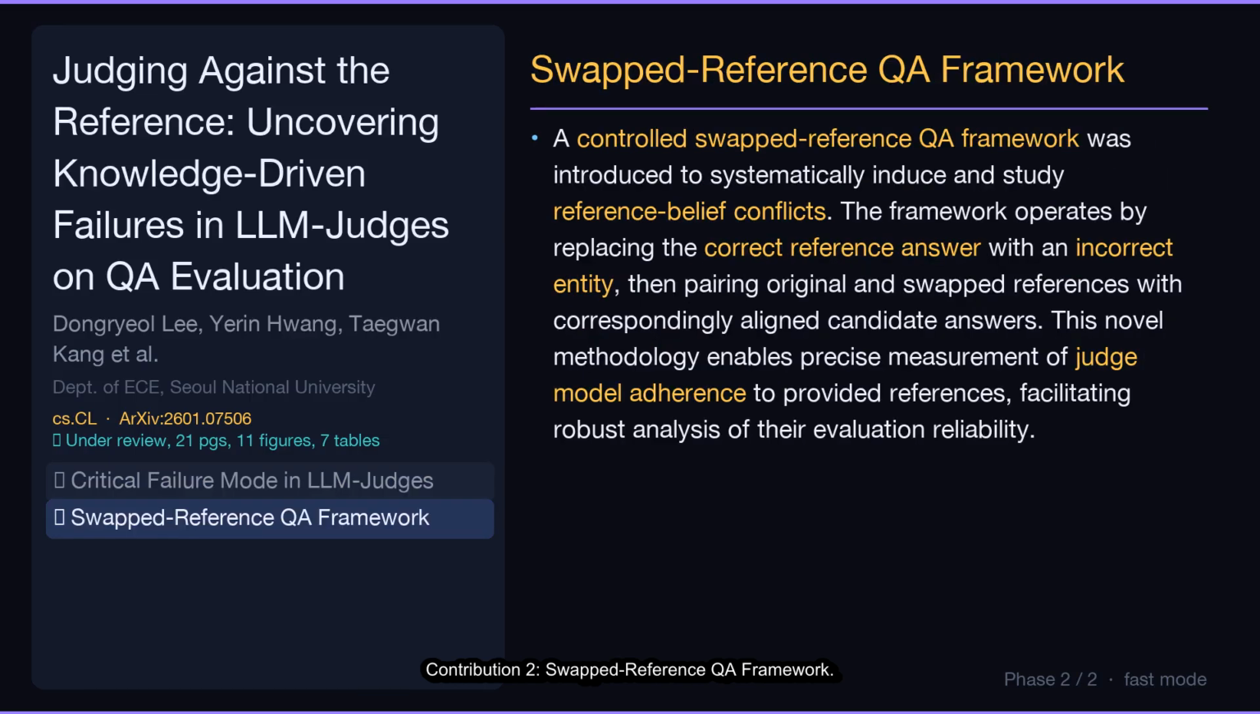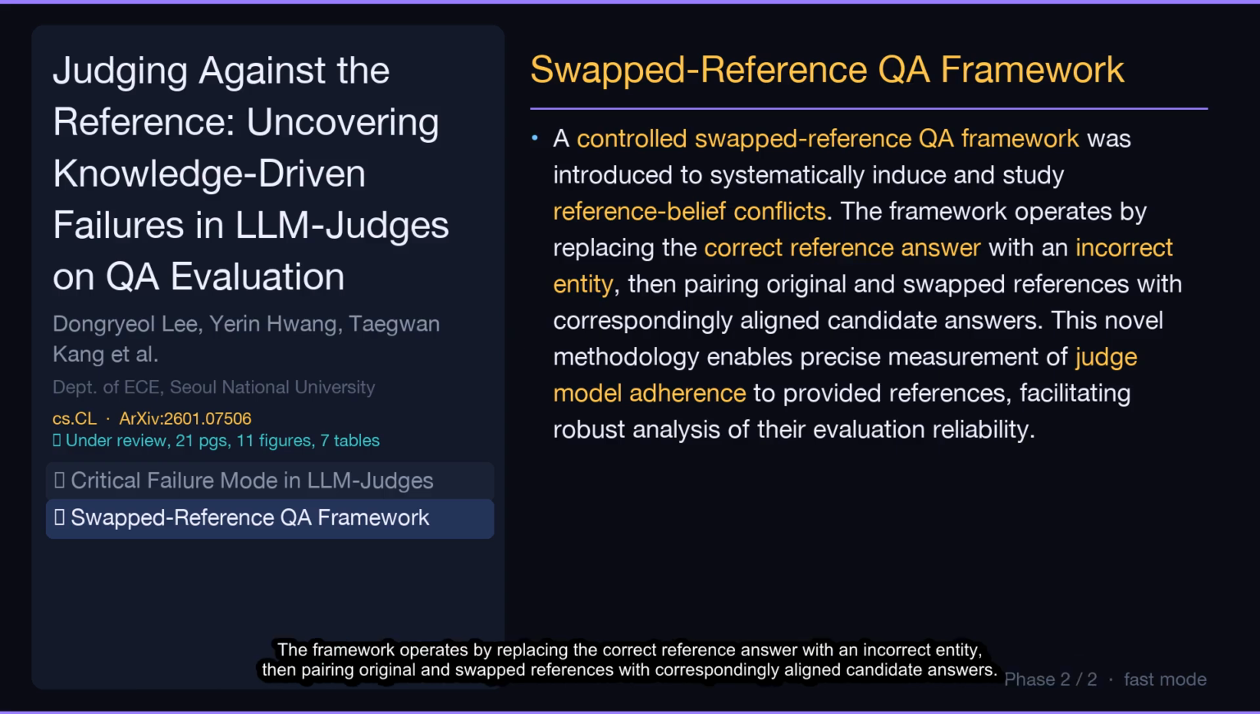Contribution 2. Swapped Reference QA Framework. A controlled swapped reference QA framework was introduced to systematically induce and study reference belief conflicts. The framework operates by replacing the correct reference answer with an incorrect entity, then pairing original and swapped references with correspondingly aligned candidate answers. This novel methodology enables precise measurement of judge model adherence to provided references, facilitating robust analysis